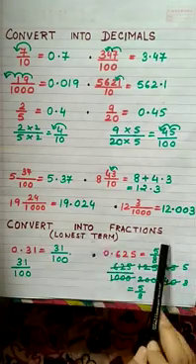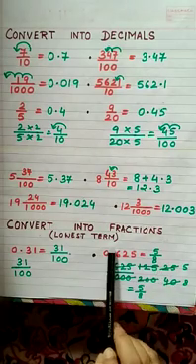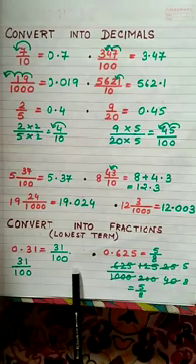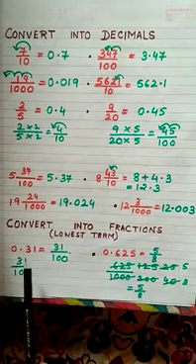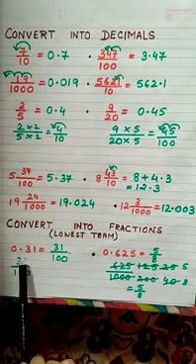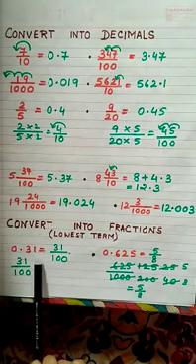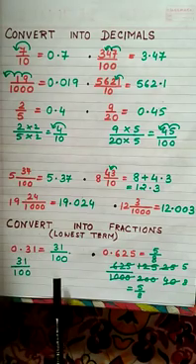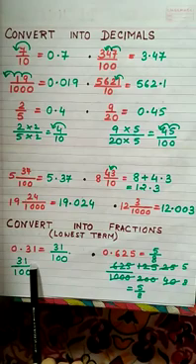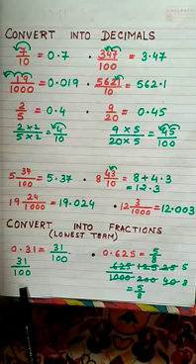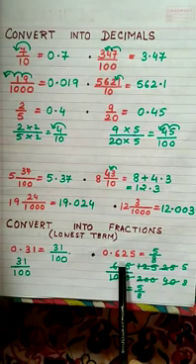Now convert into fractions and bring it to the lowest term. Now we have a decimal number here, we have to change it to fraction. So we first write the digits given here in the numerator, that is 31, and count how many digits we have after the decimal. We have 2 digits after the decimal, so we write 2 zeros, that is 100. Now we get the fraction 31 by 100, but this cannot be brought down into the lowest form. This is already in the lowest form.